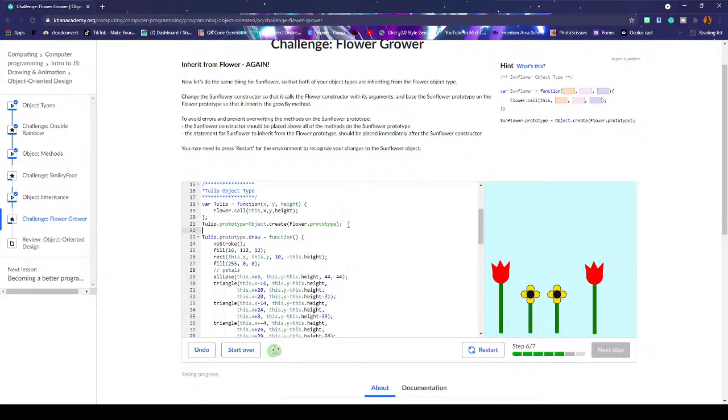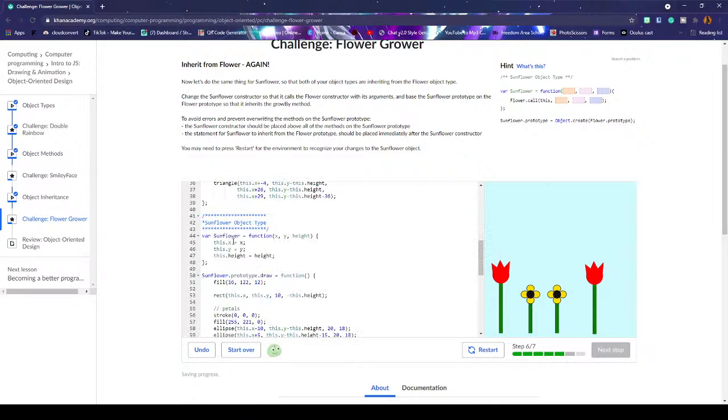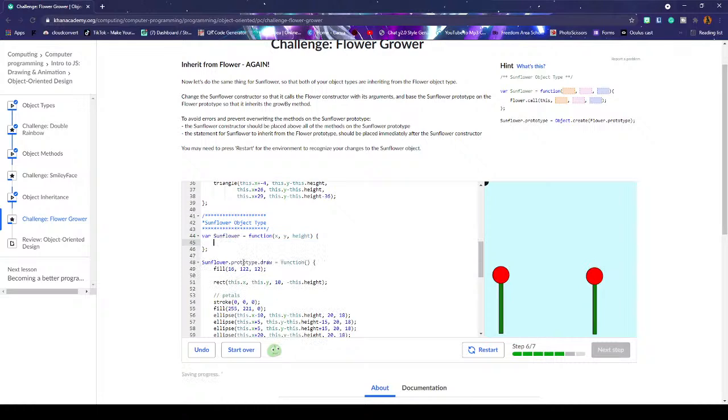So it's trying to make us do the same thing. So Flower.call(this, x, y, height